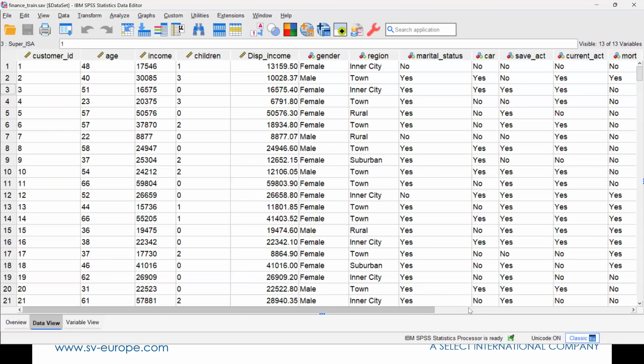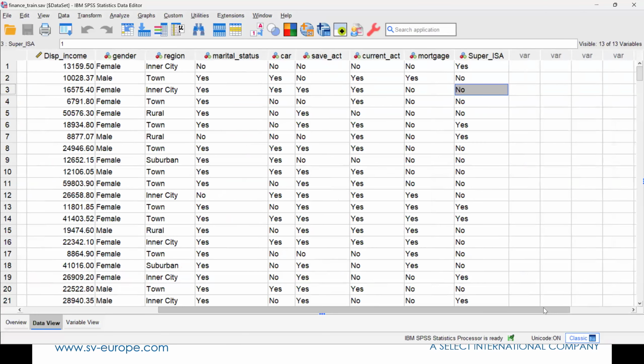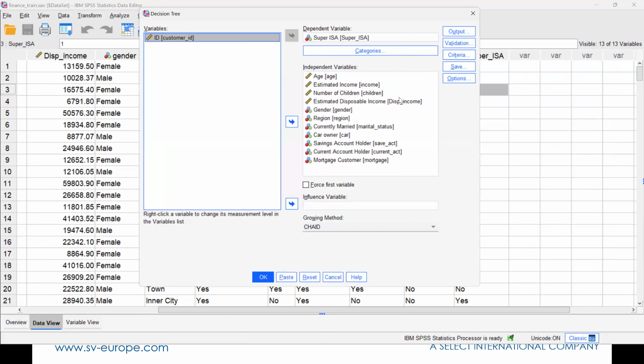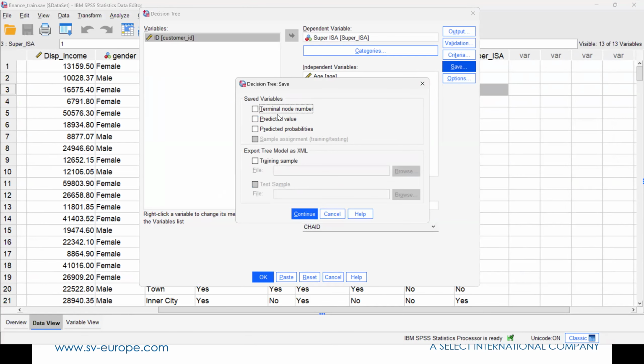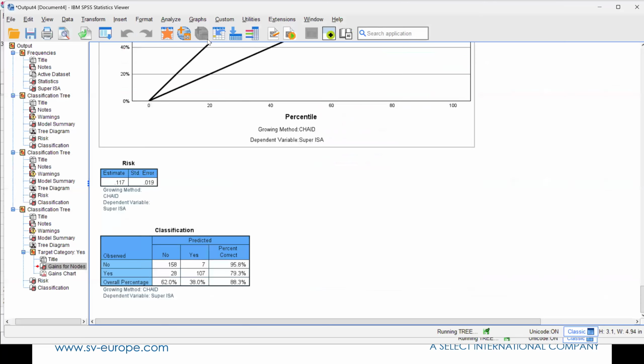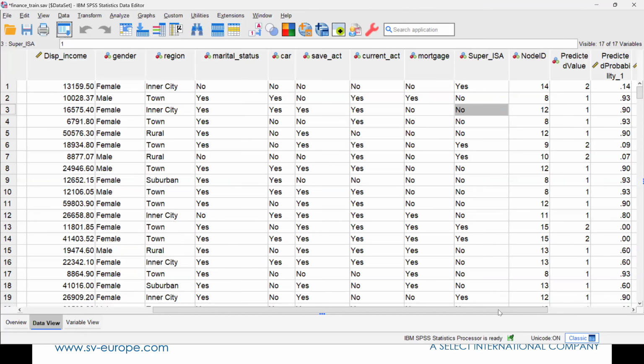Now, really, what you do is you do a lot more testing at this stage. And this is quite insightful, tells me a lot about what's going on. I'd really want to test out the model a bit, but at this stage, I could go to the decision tree and I could save it. I could say, tell me what node number they're in, tell me the predicted value, and tell me the probability. And it would create a new data set for me,